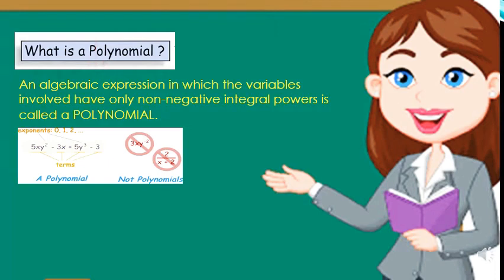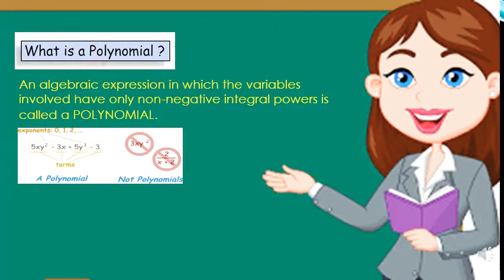Example of a polynomial and example of a non-polynomial also. Try to understand why it is not a polynomial, because y is having minus power, that is minus 2, so it is not a polynomial. And the second example, 2 divided by x plus 2. So in the denominator x is having power 1, but what happens when it is sent to the numerator? All of you know it is going to change its sign. So it will become x power minus 1. So it is also not a polynomial.